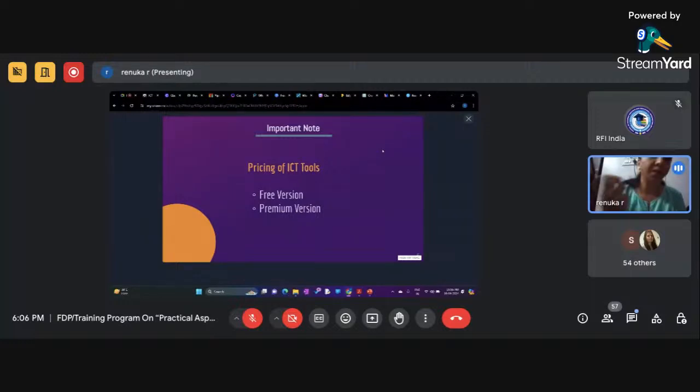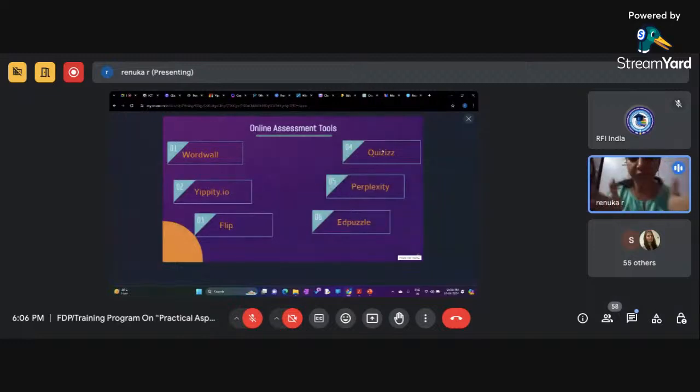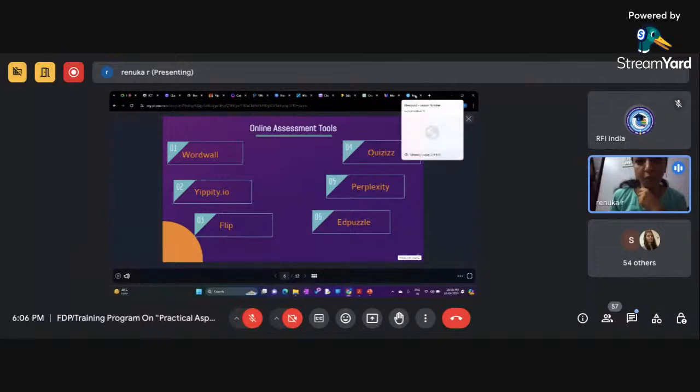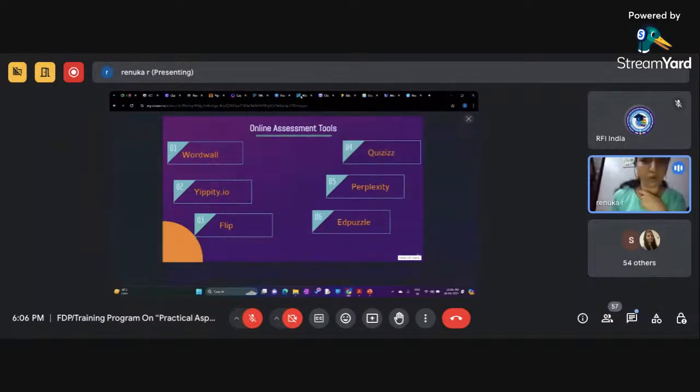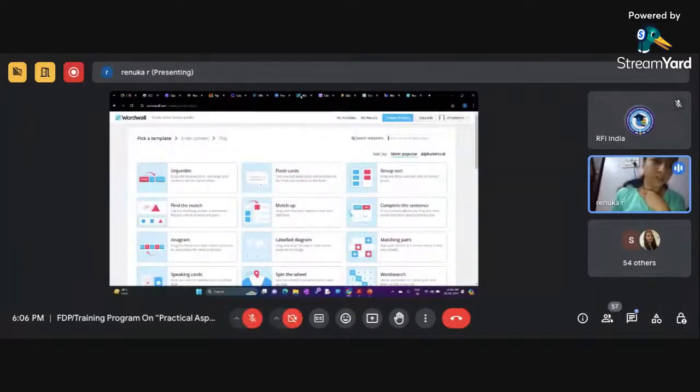Okay, so we'll start with a few online assessment tools. These are a few tools which I'm going to talk about today. The first one is wordwall.com. We'll be doing the practical, like I'll be showing you how we can use that particular tool and what things we can do with it. The first tool we are going to talk about is an assessment tool called Wordwall. Here it comes up with a number of activities we can organize for our students,